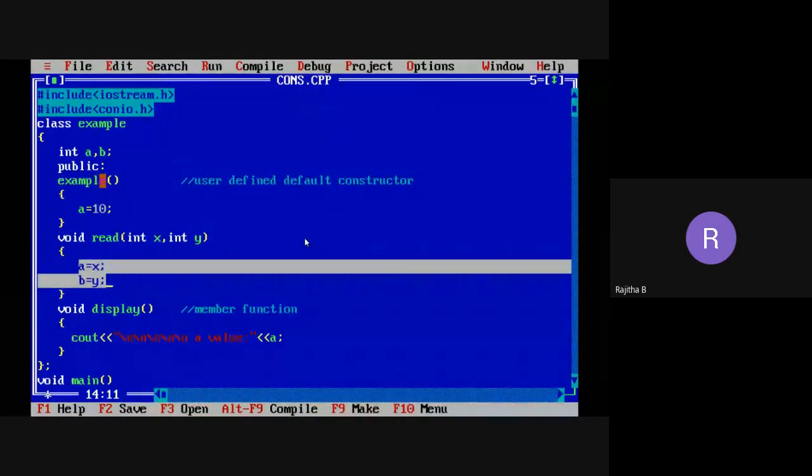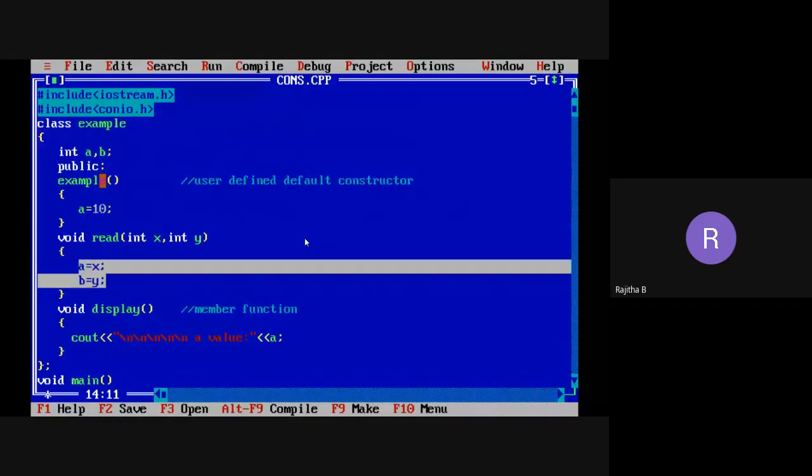Both are integers only. A, B also integers, x and y also integers. But what is the difference here? A comma B are data members and x comma y are parameters. Of course, you are telling that yes, exactly correct.